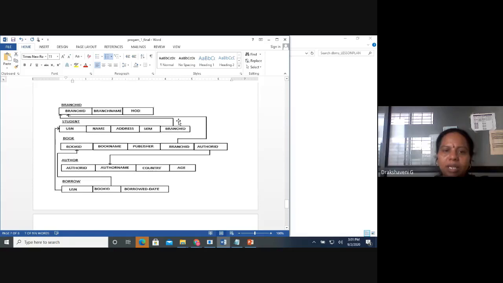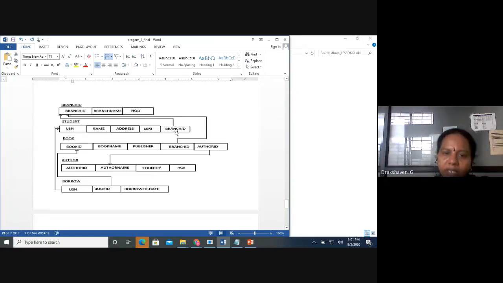But in student, branch ID is referred from the branch table. In the same way, in book also, branch ID is referred. That's what we are showing, from where the reference key comes. Some people call it a reference key, some people call it a foreign key.